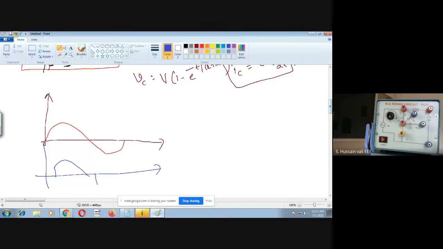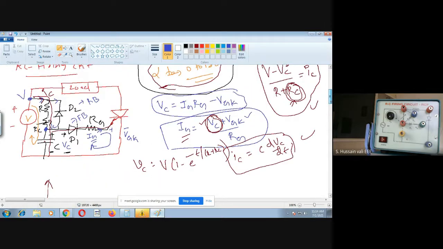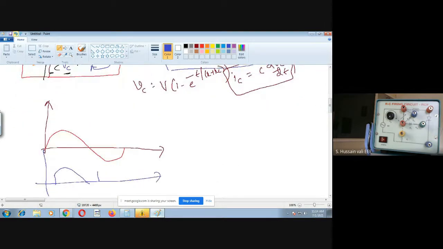Oh, sorry, this comes in the positive side only. Or you see yourself, is it a half wave rectifier or full wave rectifier? I told you half wave rectifier. So you won't get this part also. Only the positive part you will get. Then once again, in the second cycle, you have another part. This kind of waveform, I'm sure that you will see in both the cases. So this is output.